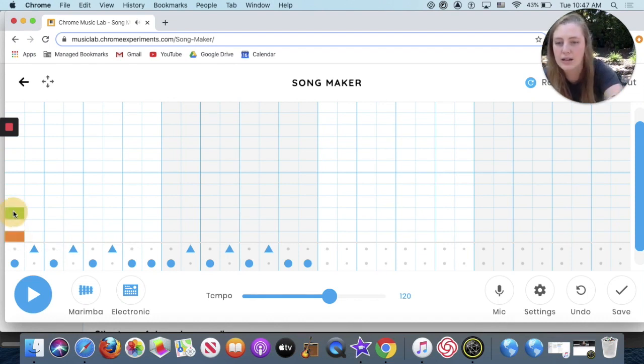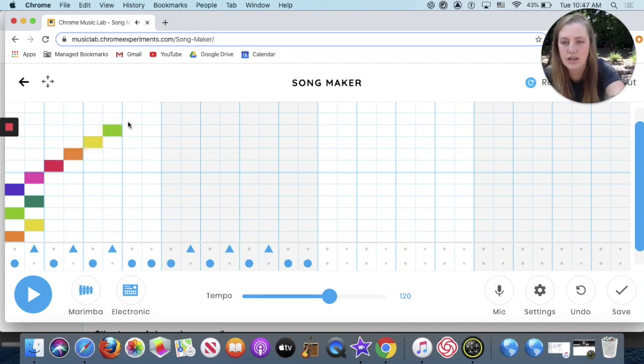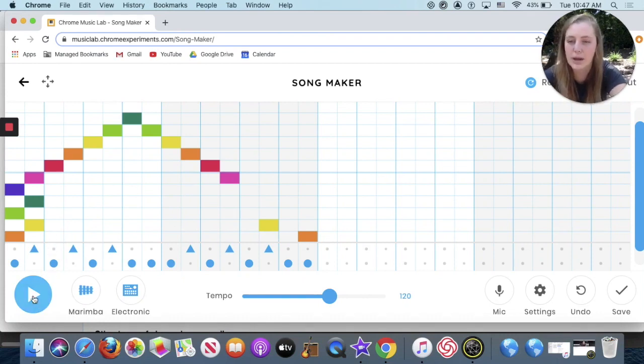You can add chords. You can put more than one pitch going. Or you could do one pitch at a time. And then when you're ready to hear it, you can press this big play button right here. And stop when it's done. Alright, I kind of like that, but here is where you can change what instrument these pitches are played